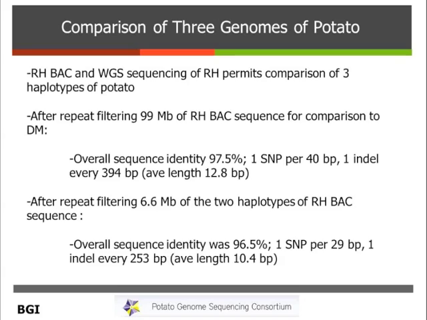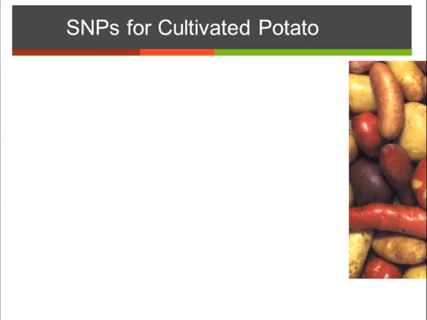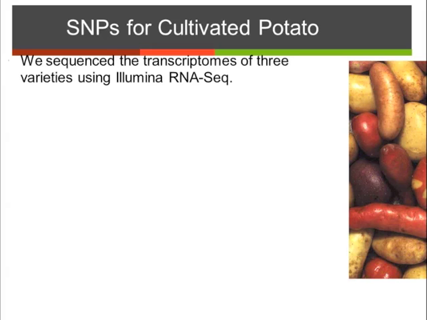And if we looked within the RH, we actually found that the sequence identity was a little bit less, 96.5. There was one SNP per 29 base pairs and one indel every 253 base pairs. So for cultivated potato, now I'm going to tell you a little bit about the work that we did here